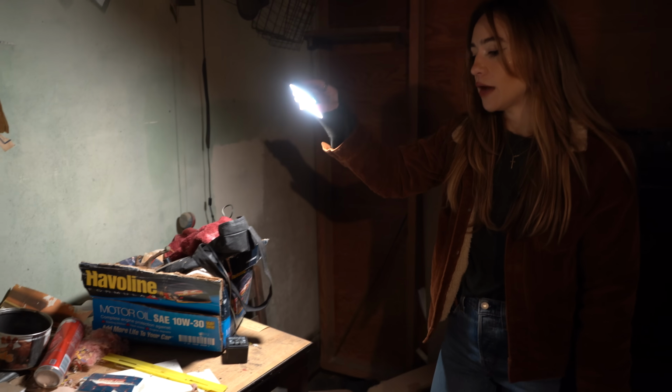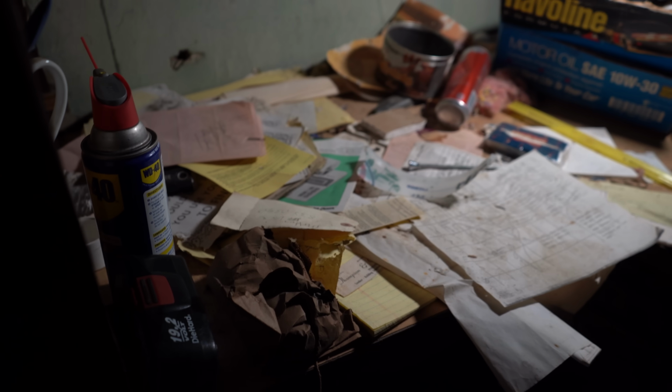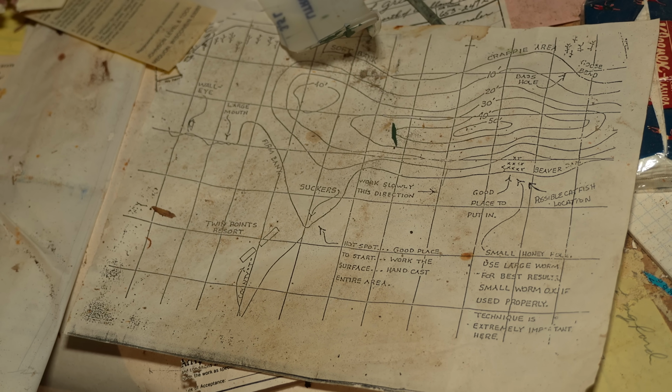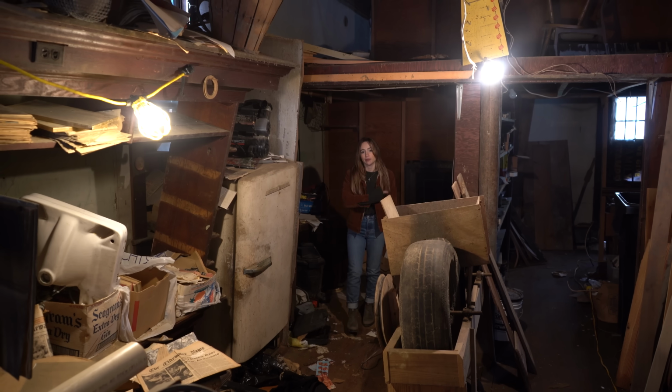So this office, I believe, was used by one of the previous owners of the building who was an architect. So there were a lot more papers back here. I've sort of cleaned some of it, but you can see there's a topography map and some other cool items back here. Let's head into the back of the building